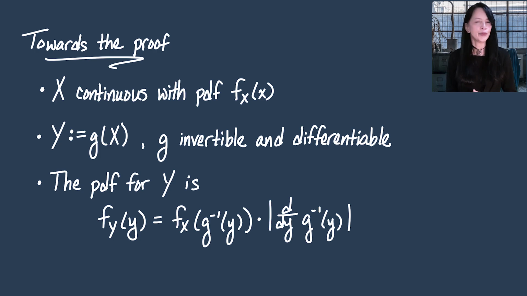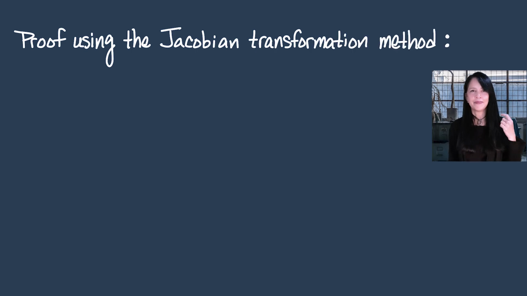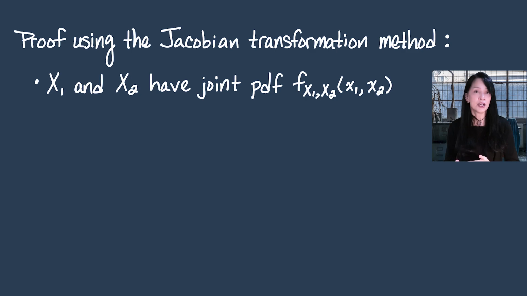In this case, we would use something known as the Jacobian method. I'm not going to derive either method. I keep wanting to point to my math stat information card, but I think I can only do that once in a video. So there's probably nothing up here right now. But if you have capital X1, capital X2, two continuous random variables with a joint PDF that I'm going to call f sub capital X1, capital X2 of the arguments little x1 and little x2,